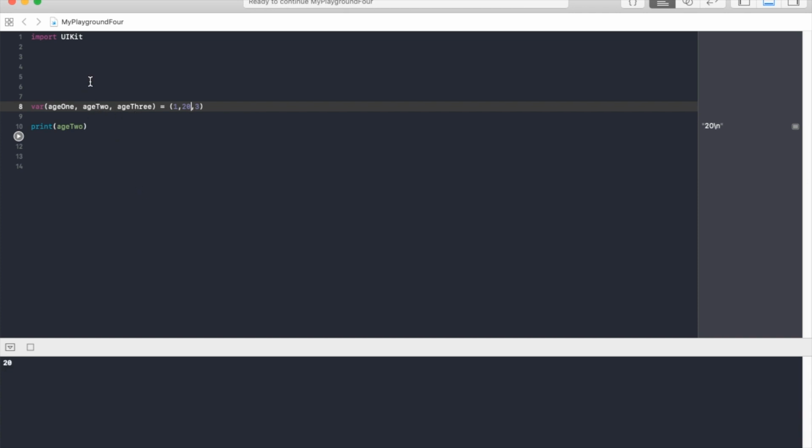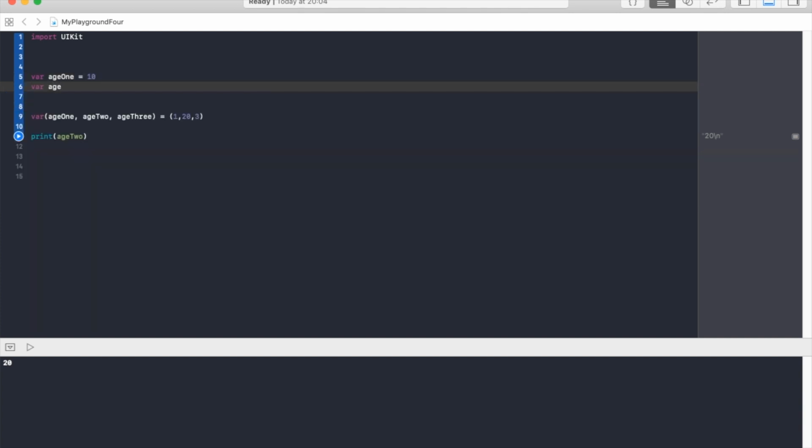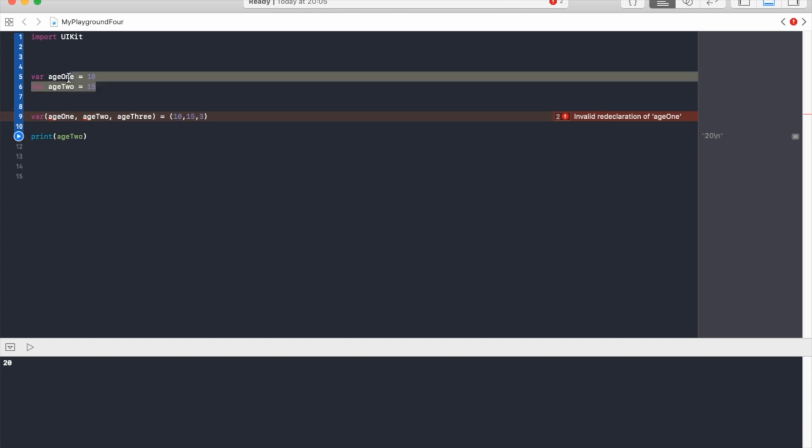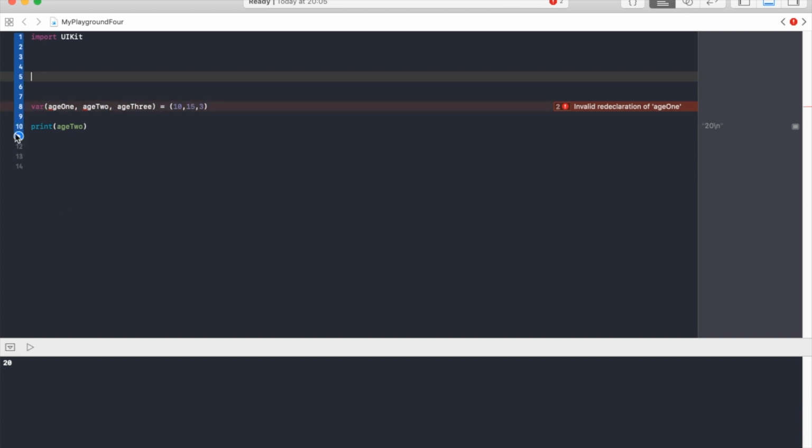This code is much simpler than having three lines of code, such as age1 equals 10 and var age2 equals 15. This code is much cleaner and faster, and it's called multiple assignment, so it saves you a lot of code and just looks cleaner than the above. But if we run this together with that one, it's not going to work. So we just need to cut this one out and then paste it in. So yeah, this is called multiple assignments,